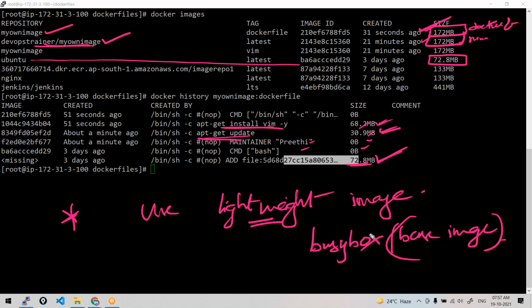See, why are we going for containers? One of the main reasons is they are lightweight. Why are they lightweight? Because they have a minimal OS. Their base images, the actual image, should be very light. Right? Always choose a base image which is lightweight and which is officially supported.